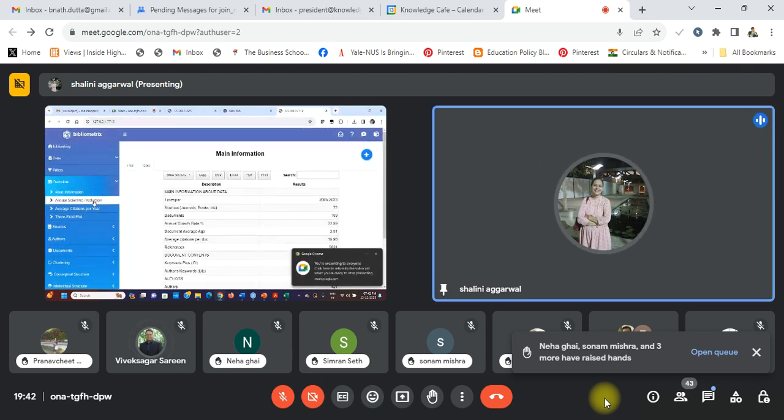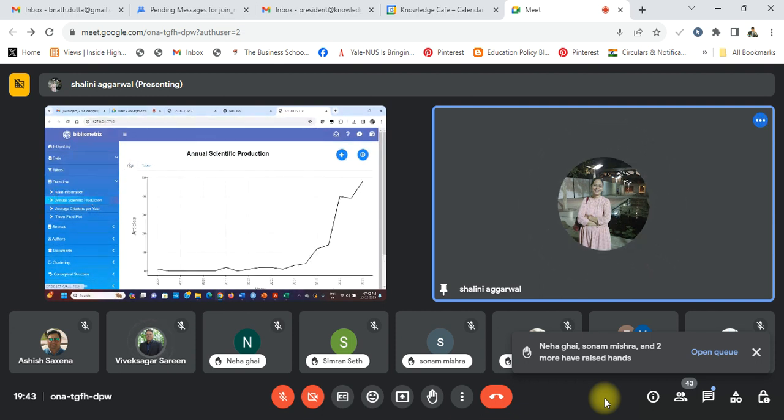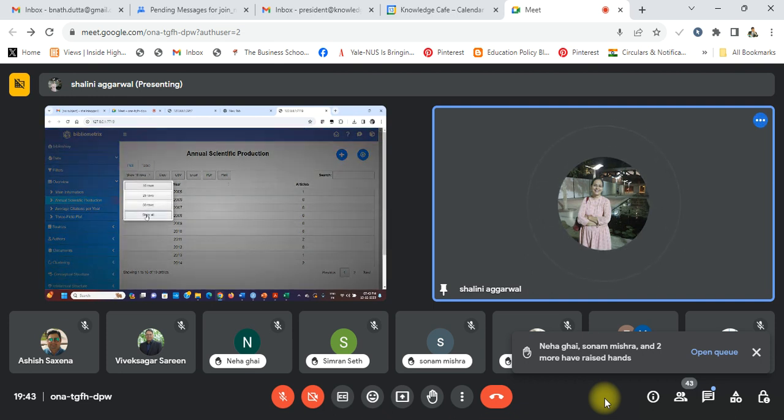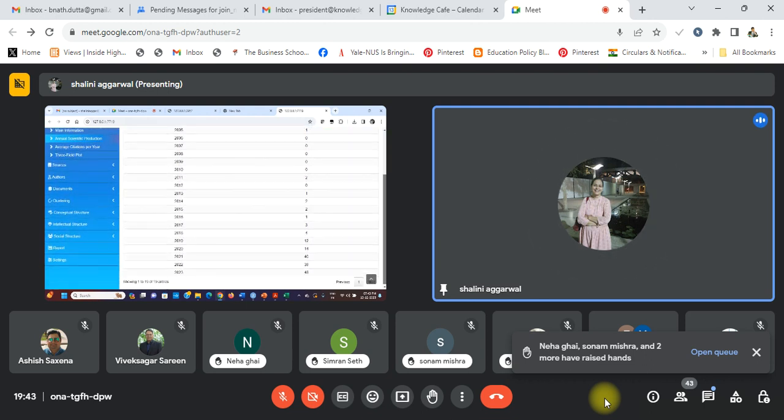So this is the first table. Next is the annual scientific production plot, and you can get the table as well. So this is how it looks. Our data is from 2005 to 2023. So you can see from here